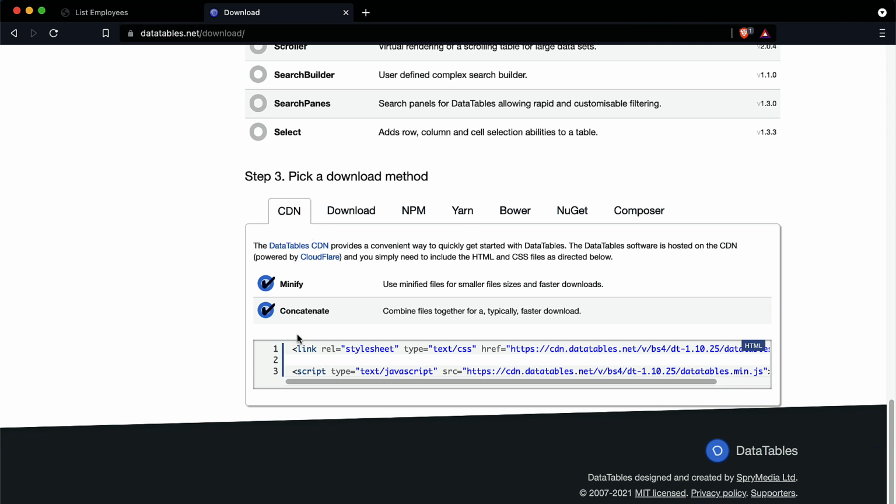And inside that we have the two links. One is for the CSS styling library and the other is for the data tables script library. So let's actually copy this.